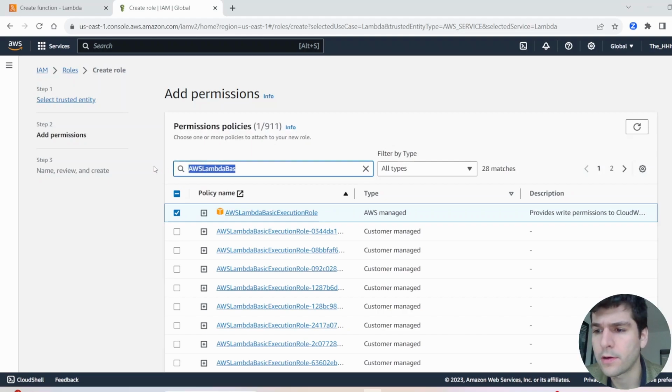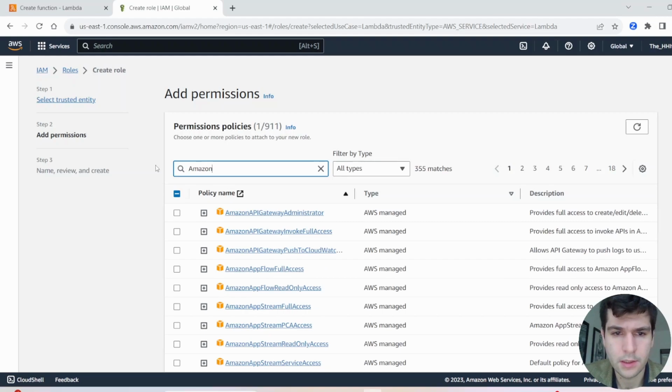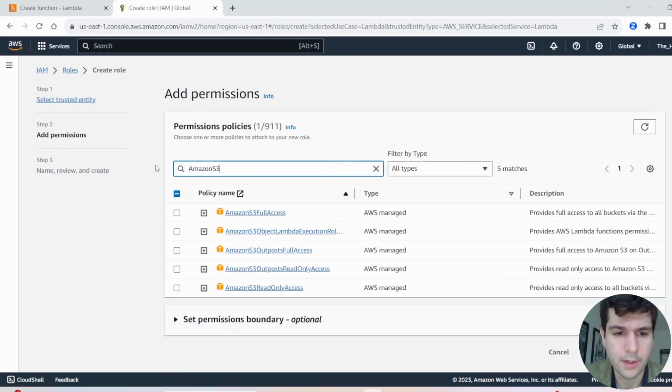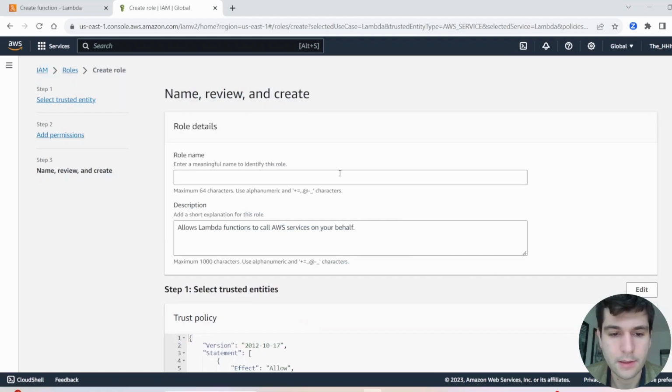And we got one more. It was Amazon S3 full access. All right, now we got two of them. So we got two permission policies selected up here. Let's go ahead and hit next. We just want to give this a role name, something to help us find it when we're selecting it in our create Lambda function. So I'll call it example role